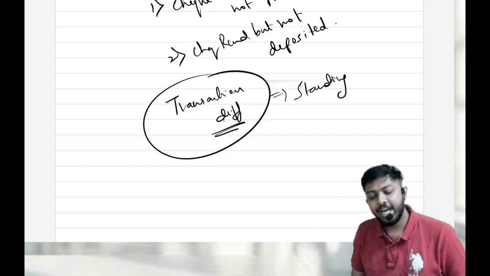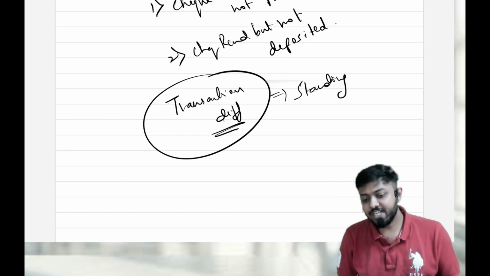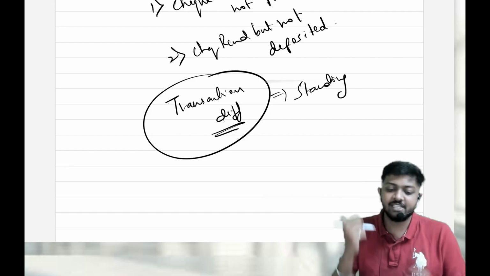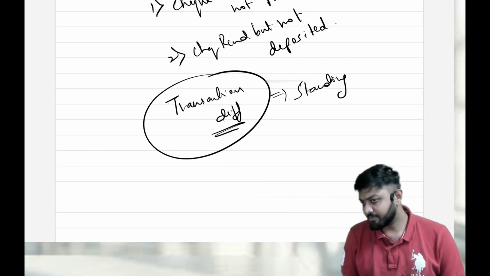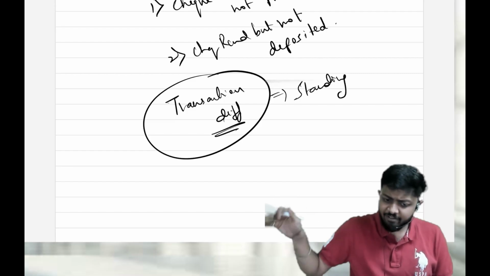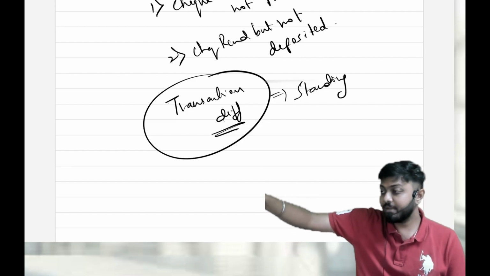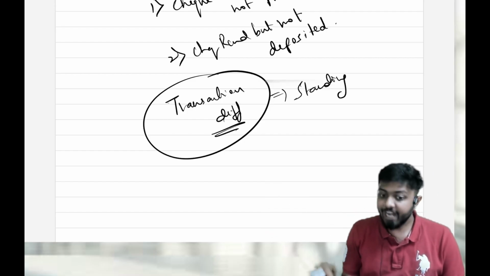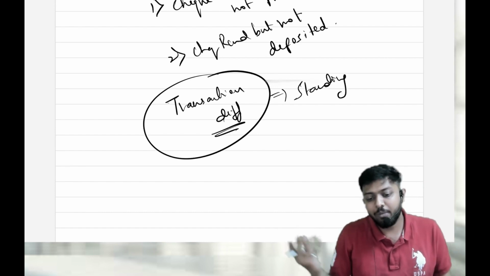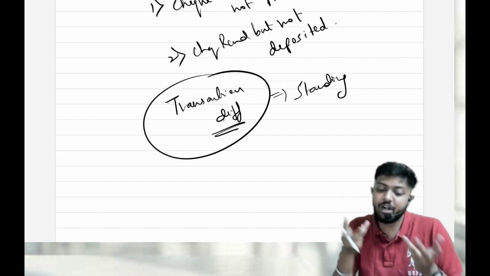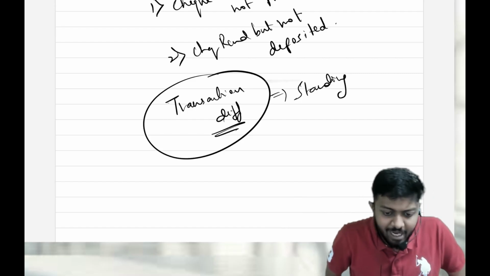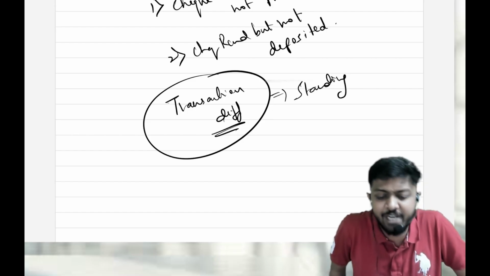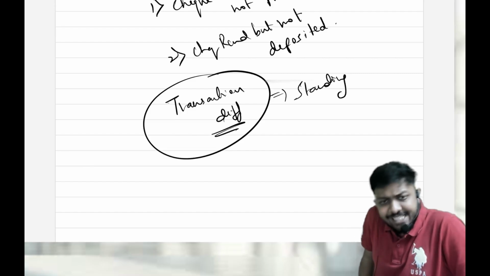That's called transaction difference. One more example is bank charges levied by the bank. They will automatically deduct them. Will they tell us and deduct? No, automatically deducted, I don't know. There's a balance difference. Another case: I had given some instruction to the bank to collect all my money. Maybe I sent my bills for collection and told the bank to collect it and send it to me. The bank collected everything and directly put the money into my account. I don't know. Now the money in the bank will be more, which I have not recorded in the cash book. There will be an imbalance. All these are transaction differences. I don't know that it has come or gone, because of which I have not recorded it, and so there is a difference. That comes under transaction differences. Clear?